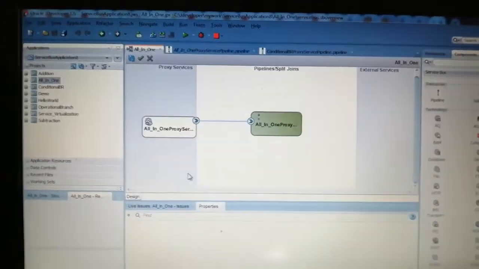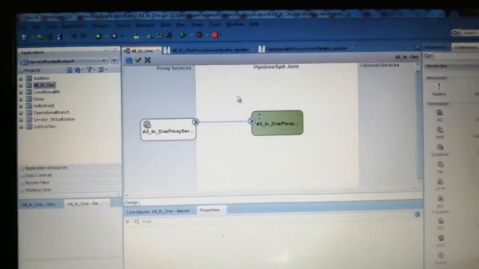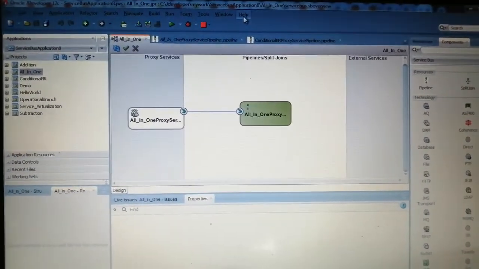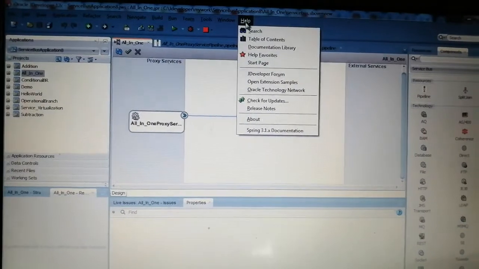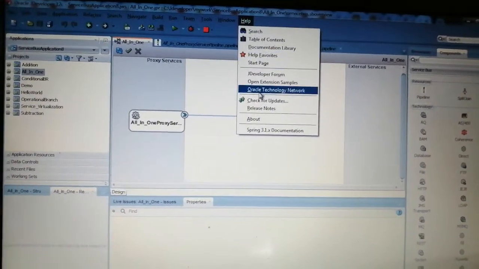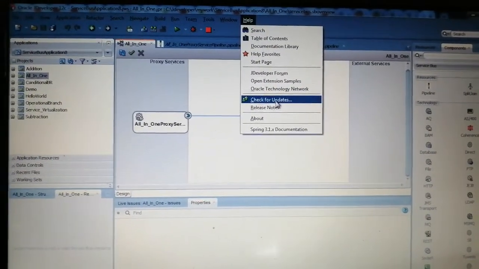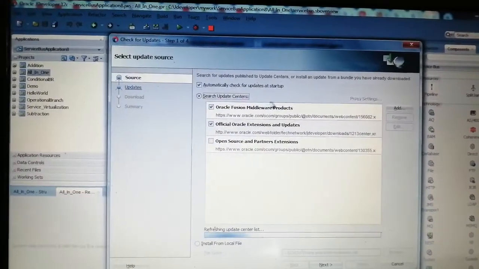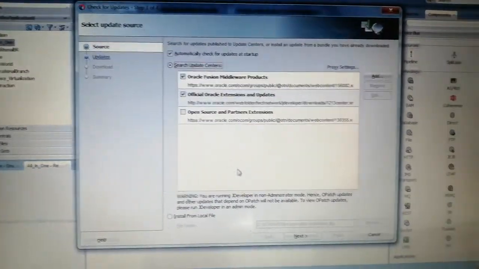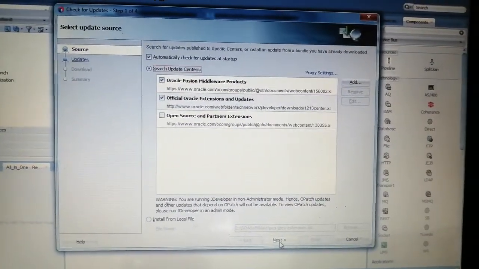After that, what you need to do is first go to the help tab and click on check for updates. Click on the next button.